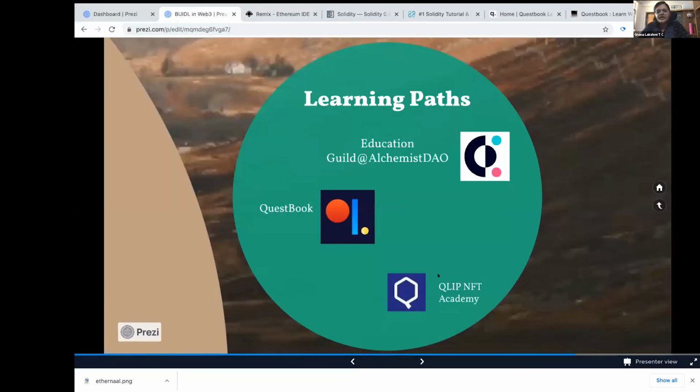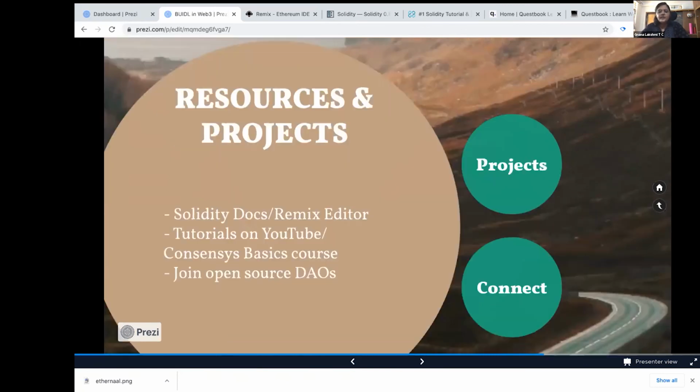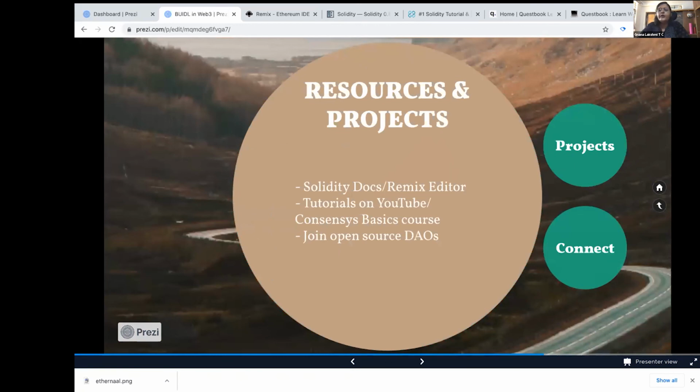Then for our Clip project, which is our NFT marketplace, we also have an NFT learning academy, which is just open source content that we have created. I'll pick up the link and probably send it across. And you can learn anything and everything about NFTs under the NFT umbrella on our NFT academy. So here are a couple of open source resources that you can take up. Then, of course, there are a lot more in the ecosystem. Whatever style suits you the best, you can go for that and continue learning.